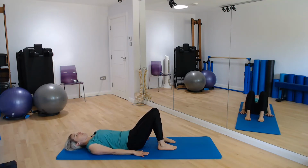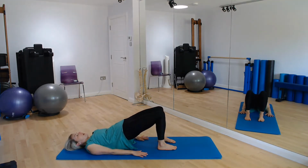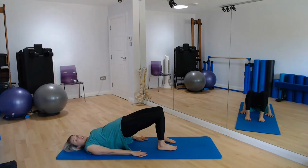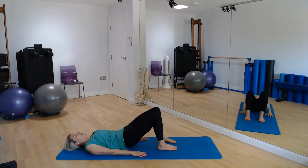And we're going to peel the spine up into a bridge position here through our spine curl. All right, inhale through the nose. Exhale through the mouth as you start to tilt the pelvis back, and then stand into your feet as you start to lift the spine up from the tail all the way up, coming into a little bridge position here. Shoulder blades relaxed on the mat. Take a breath in. And as you exhale bone by bone, we bring that spine all the way back down